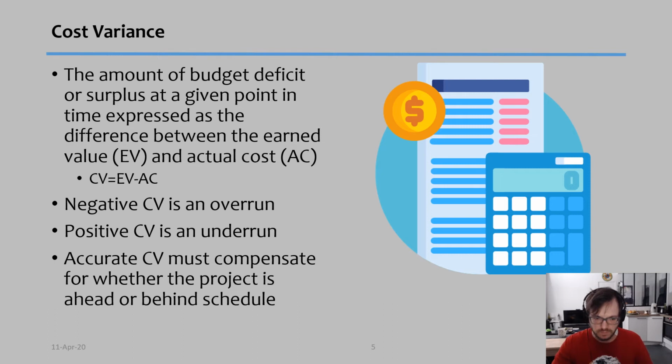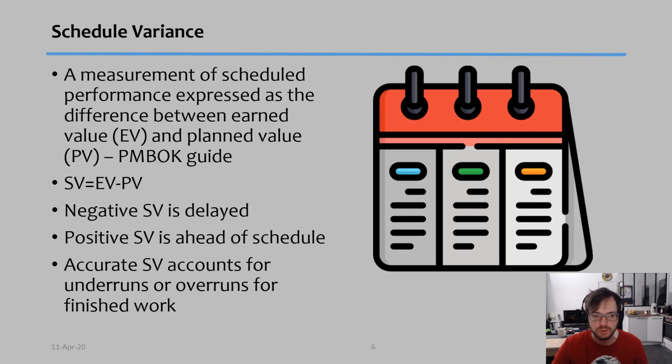Now, accurate cost variance must compensate for whether the project is ahead or behind schedule, and therefore there are a couple more details that I will talk about later on about this calculation. Another variance we can calculate is schedule variance, very similar to cost variance, because schedule variance